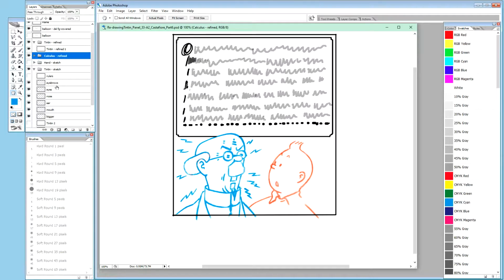So we have Tintin, we can call him R here for refined, and we can say this instead here, start. Tintin refined. Okay, so